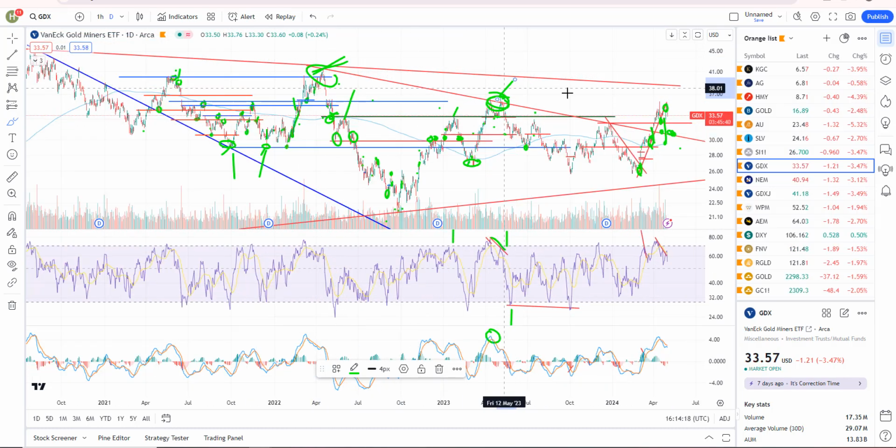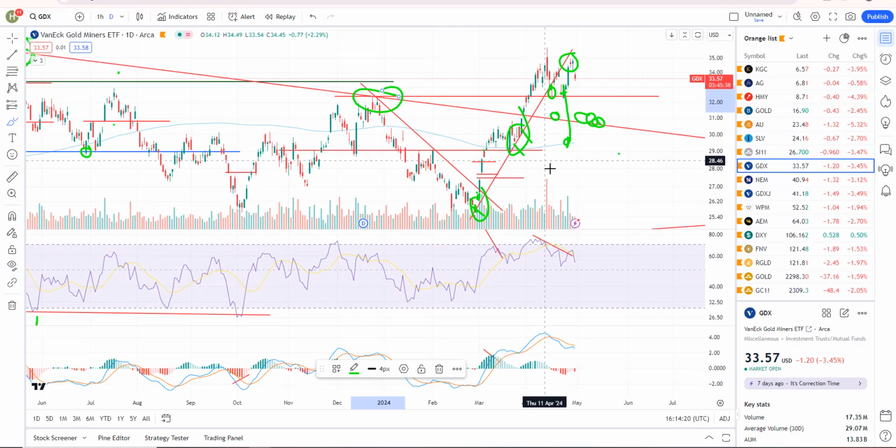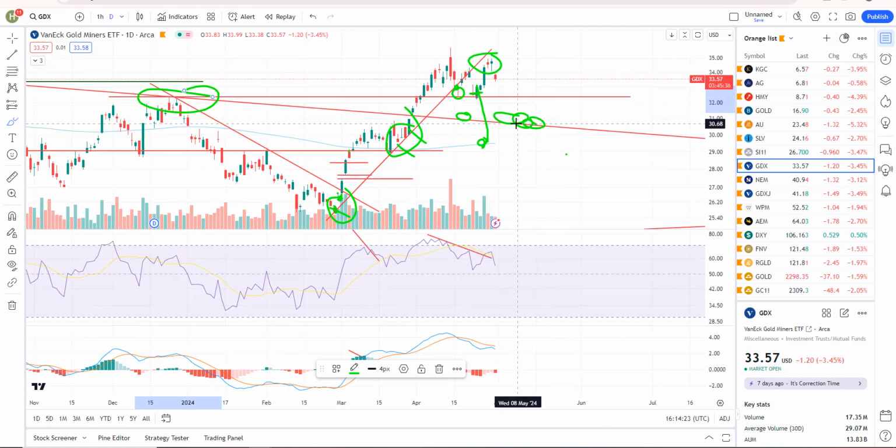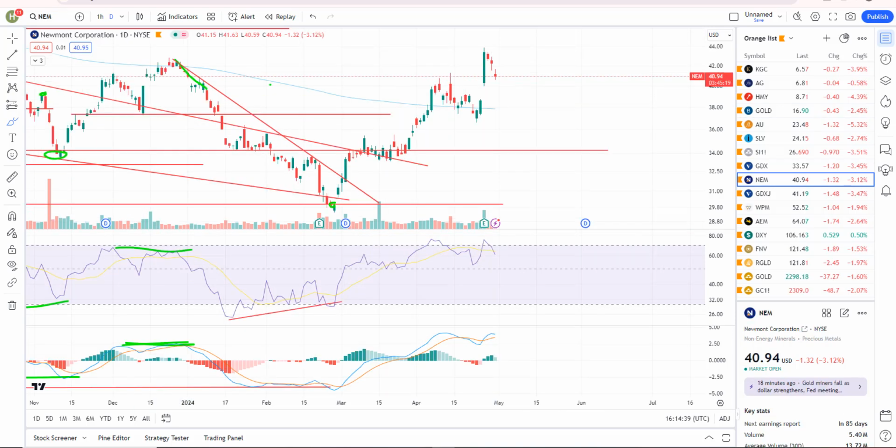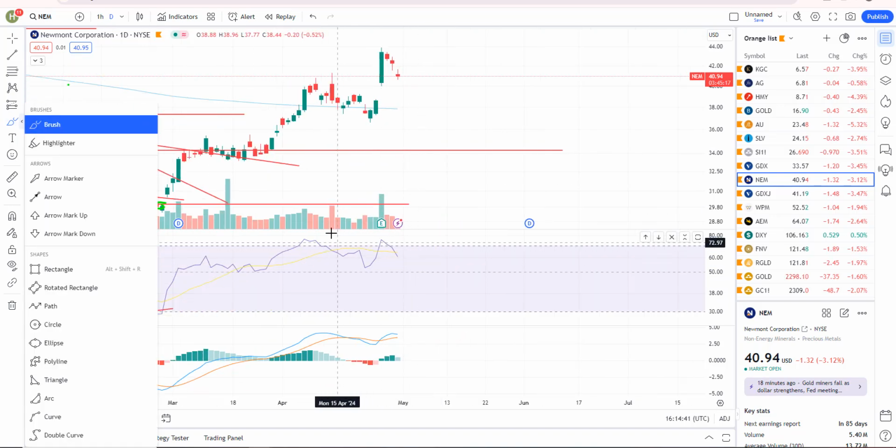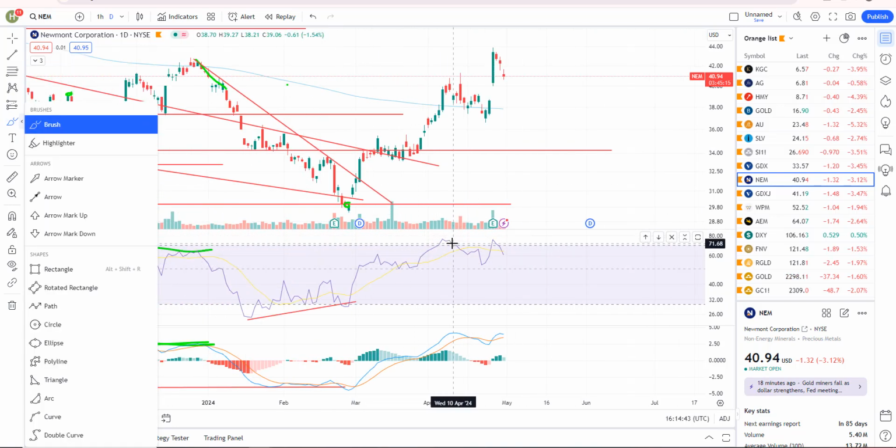You got resistance, resistance. There's another reaction. And so, yeah, that would be support. All right, that's really all I see in miners. I think they still look decent in terms of a buy the dip, but I think they're dipping right now. And if you look at something like Newmont, you always want to track some of the larger ones, and Newmont's the largest.